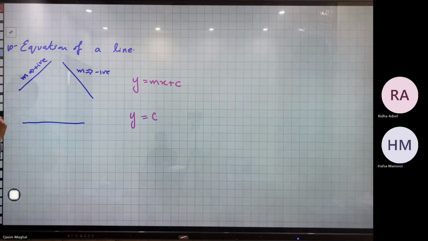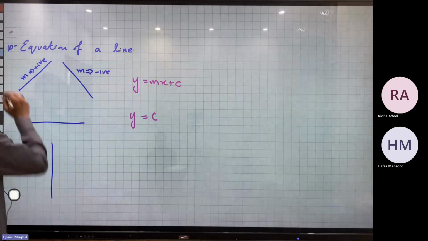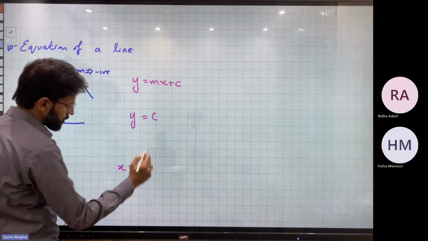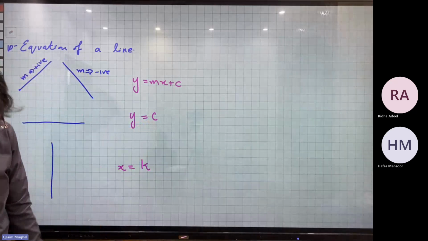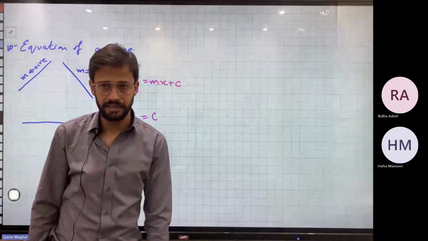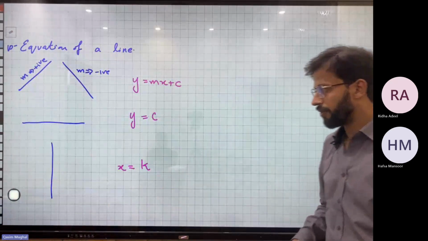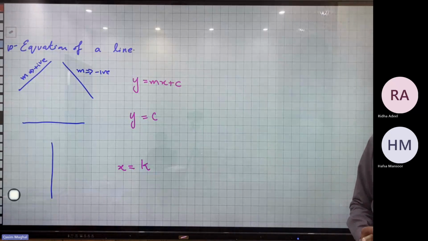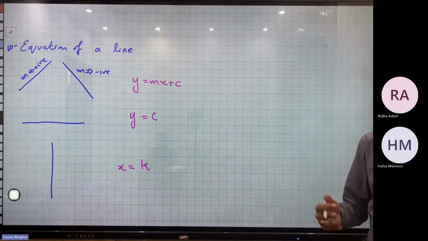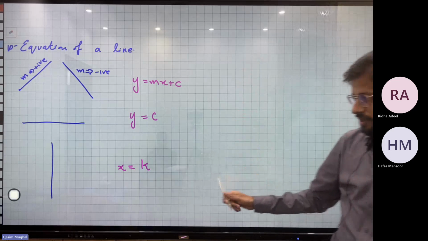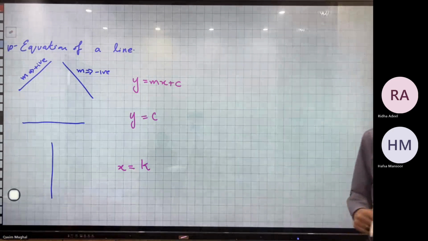Right. Next, we have vertical line. We cannot obtain a vertical line from the standard form. So the standard form of a vertical line is x equals any constant number. The way this c represents the y-intercept, this k represents the x-intercept, like where it is going to cut the x-axis. For example, if I want to draw a line of x equals -1, I will be drawing a vertical line which will be cutting the x-axis at -1. Because